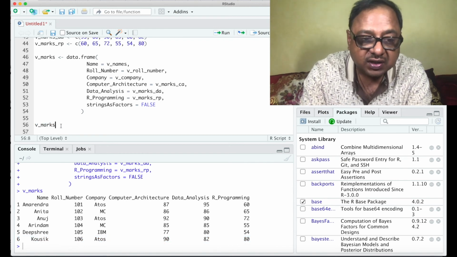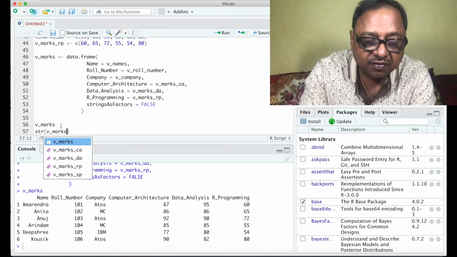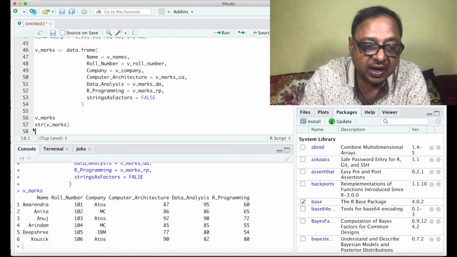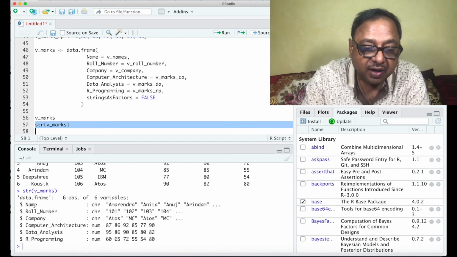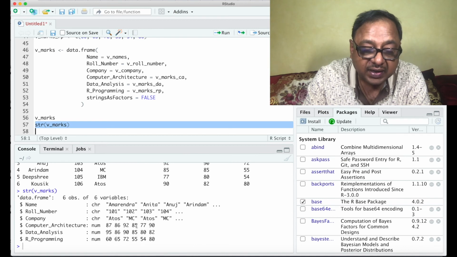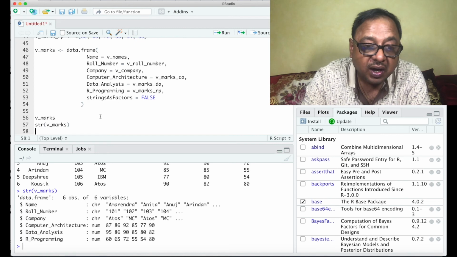Now let's see the structure if we see something different. So if you say structure of v underscore marks, let's run this and see what we get. So now you see that it's a data frame which contains 6 observations in 6 variables, and the column names are provided here, and for each of the column names, it provides initial values of what it can find in the data frame. So you can see that it displays all that. So this is how we can create a data frame from a set of vectors,